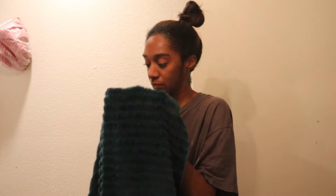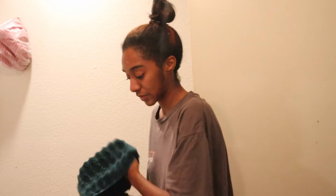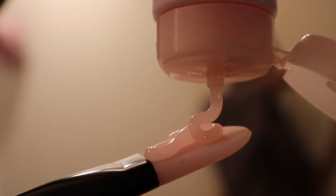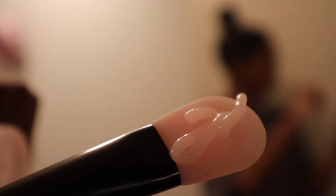Once I'm done, I like to just gently pat my skin dry with a towel. Next, I'm going in with this gel mask by Mary Kay. When I tell you I love this mask so much, it has done so many wonders for my skin and has really helped it to become hydrated and keep it hydrated and moisturized, especially since the weather has become a little bit colder here. So as you can see, I am just applying the face mask all over my face,